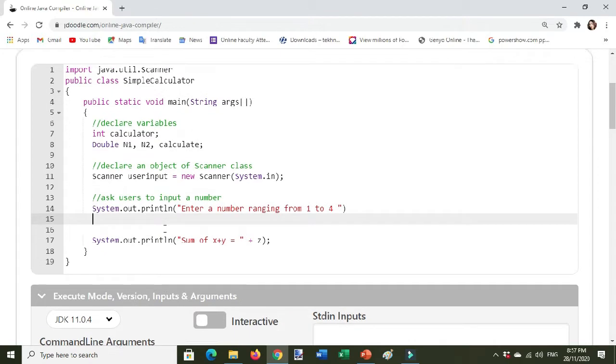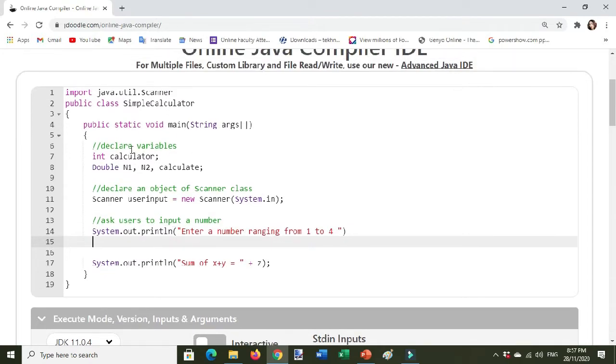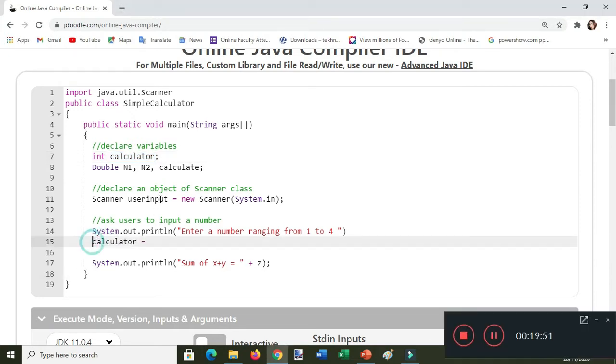Here in this part, you have also to initialize the variables that you declare. So System.out.println, enter a number ranging from 1 to 4, initialize the calculator variable, just copy, then paste it here. Okay, here in this part, after writing System.out.println, initialize the variable that you declare here by copying and then pasting it here, and then you follow the syntax. Calculator equals,